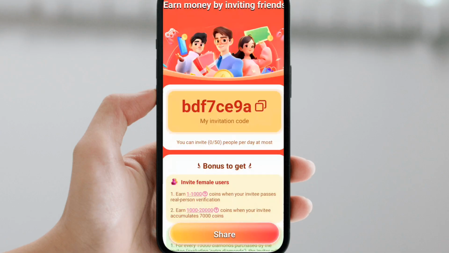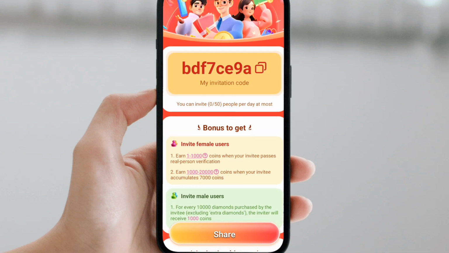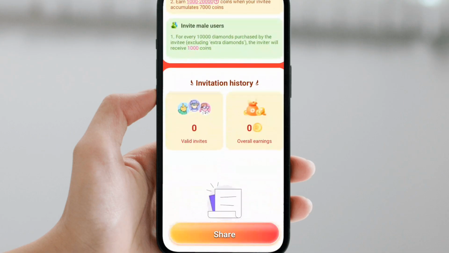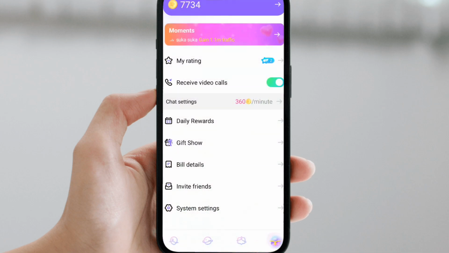Once you tap here, you will see your own invitation code and you share. Once you tap share, now you copy the link and share it to your friends, your loved ones. Okay. So this one is system setting,